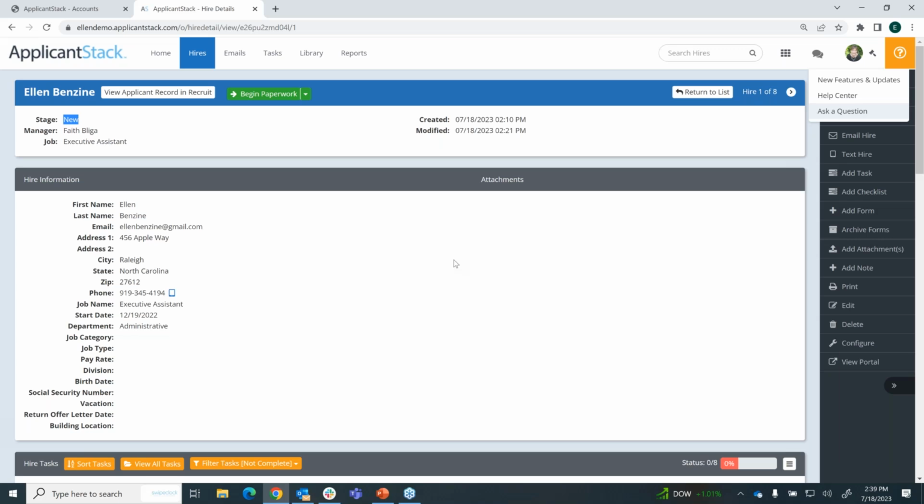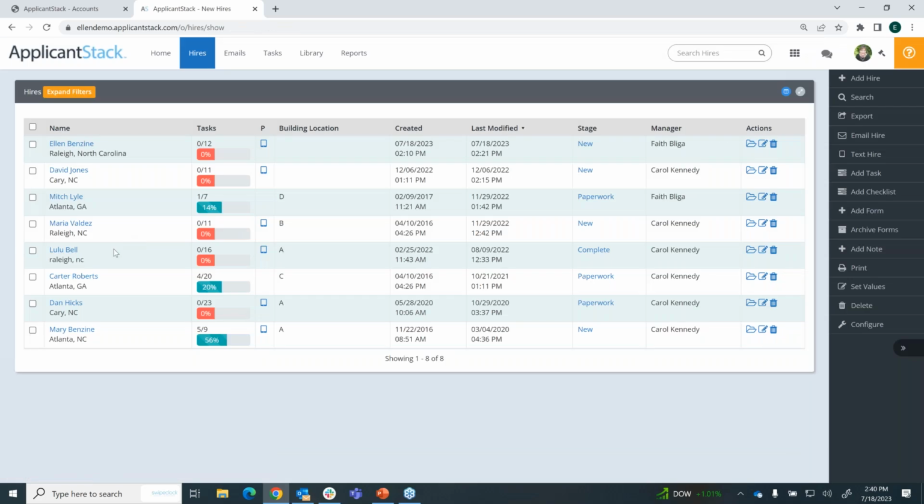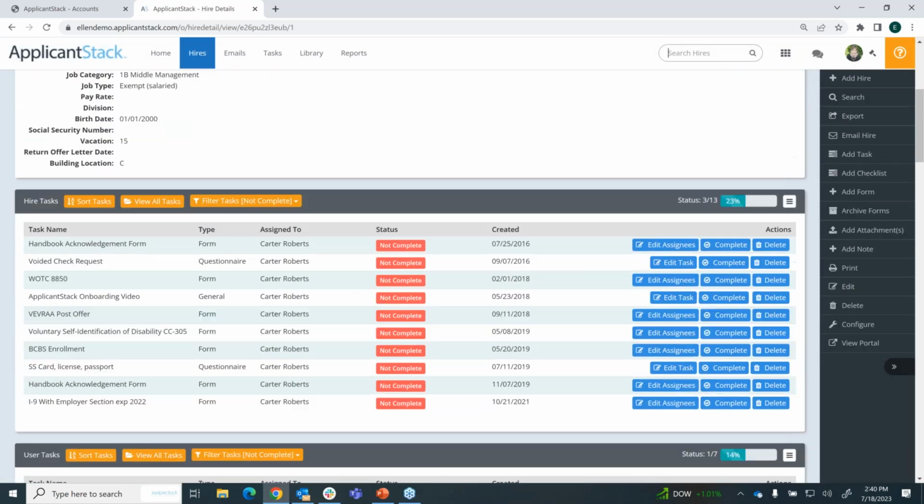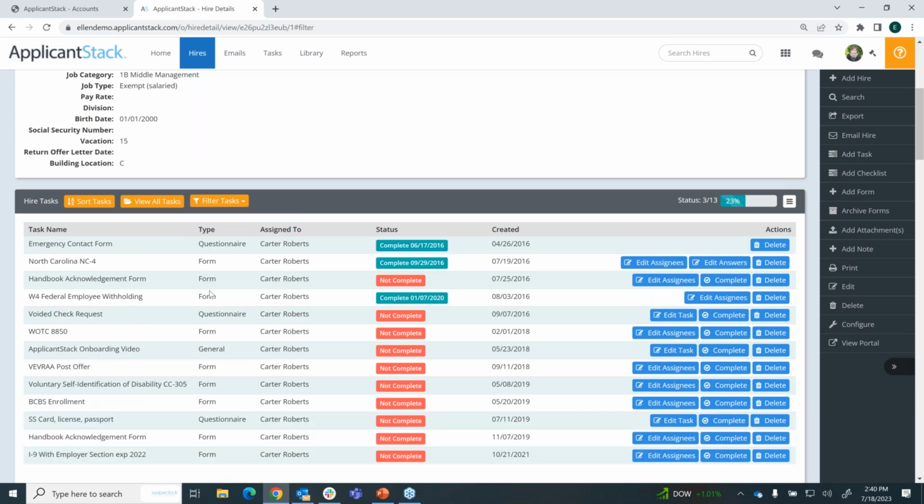Christopher asks, how does one access and view the completed forms by the new hire? So once they're completed, how does a user go in and see those forms? Okay, so I'm going to leave my new hire record, because I haven't completed anything. Let's access Carter Roberts. And Carter has completed... Let's just open up the filters, look at all tasks assigned to him. You can see Carter has completed a